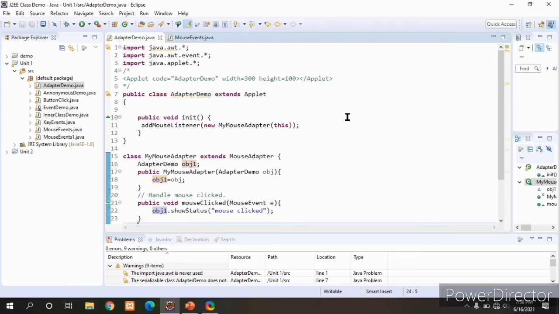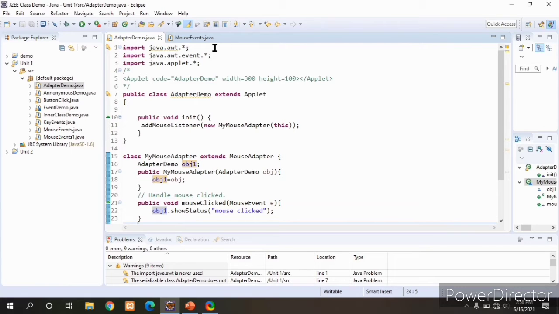Now we will see what the program actually is. First, we are importing the java.awt.* package, which provides the classes and interfaces for creating user interfaces.